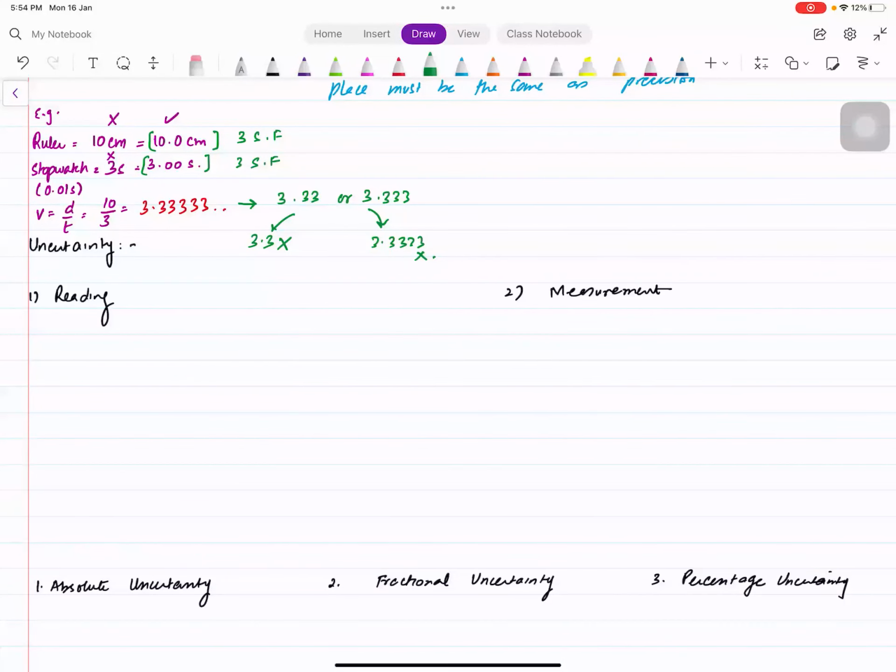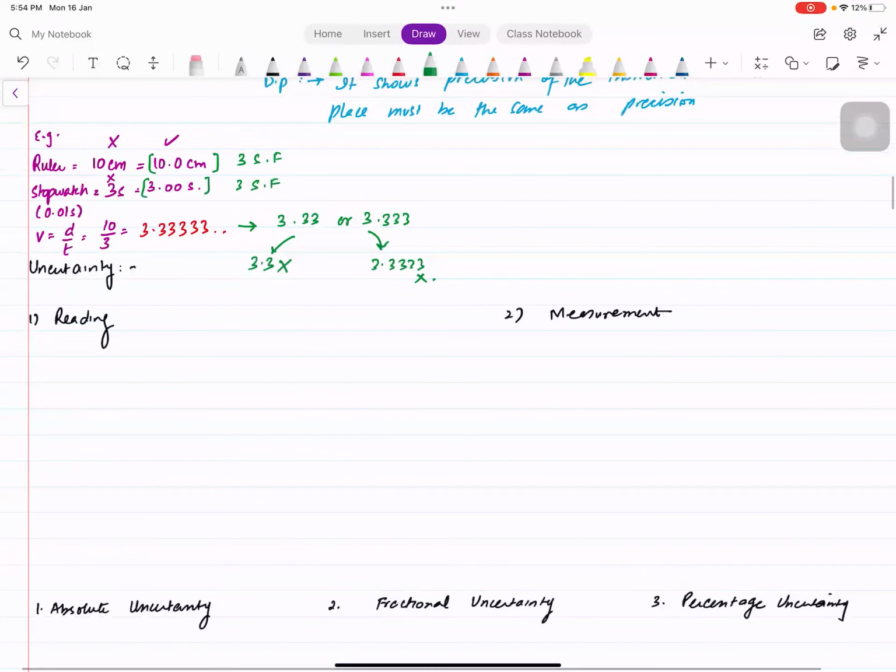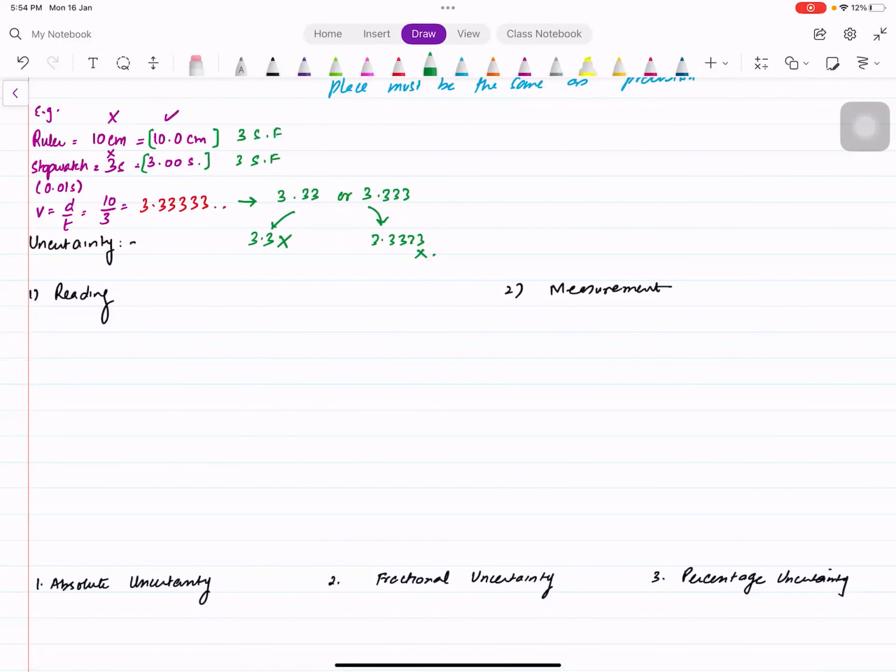Now, moving to uncertainty, we'll just complete this section now and then we'll move to the way we do uncertainty tomorrow. And obviously, the questions are given already, so we can do them. First of all, you should remember